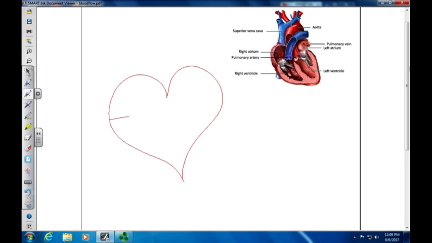So here is a simple version of the heart. You have your right atrium, your left atrium, your right ventricle, and your left ventricle. So you have to pick a starting point, and for purposes of our video, we're going to start with the left ventricle. So when the blood leaves the left ventricle, it is going to come out of the aorta,